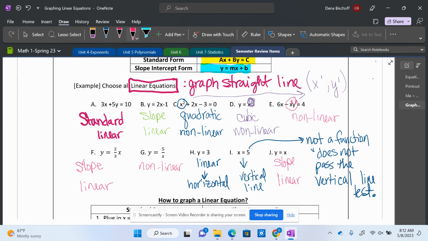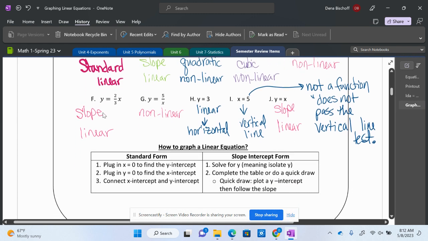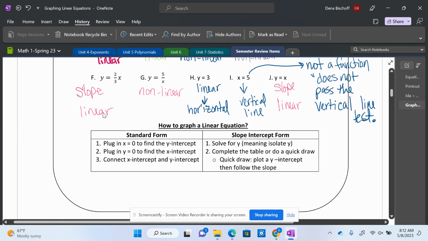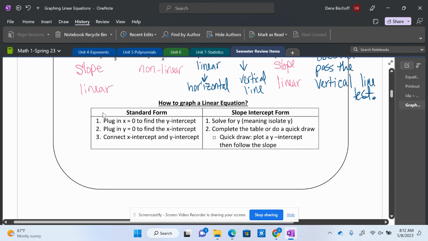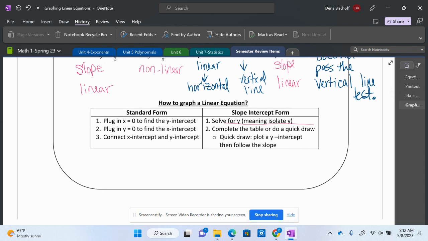So it says, how do you graph a linear equation? Well, if they're in standard form, you use the intercepts, right? You plug in 0 for x and you plug in 0 for y, and you find the x and the y intercepts. If they're in slope intercept form, you find the b, because that's where you begin, and you count your slope. You could draw a quick table, and we're going to do that today, but really a better method is to